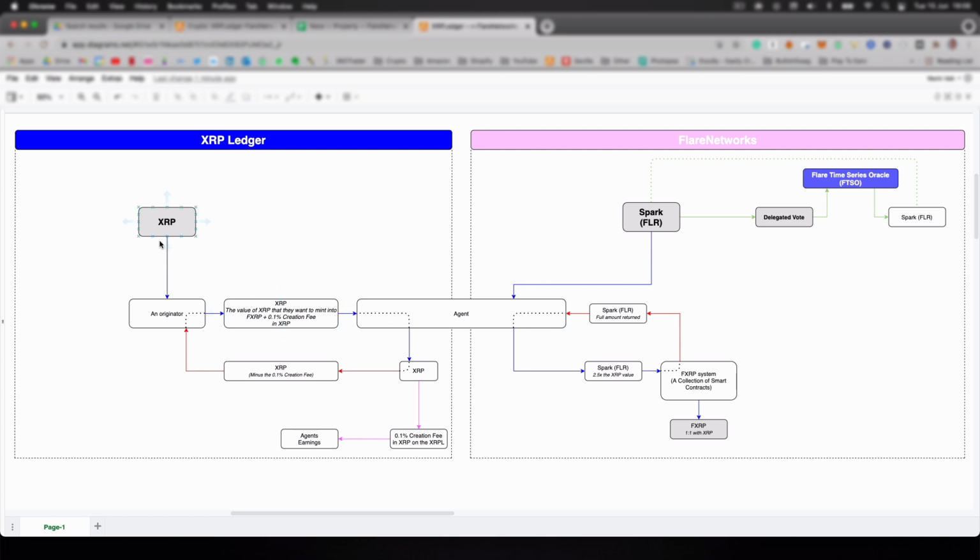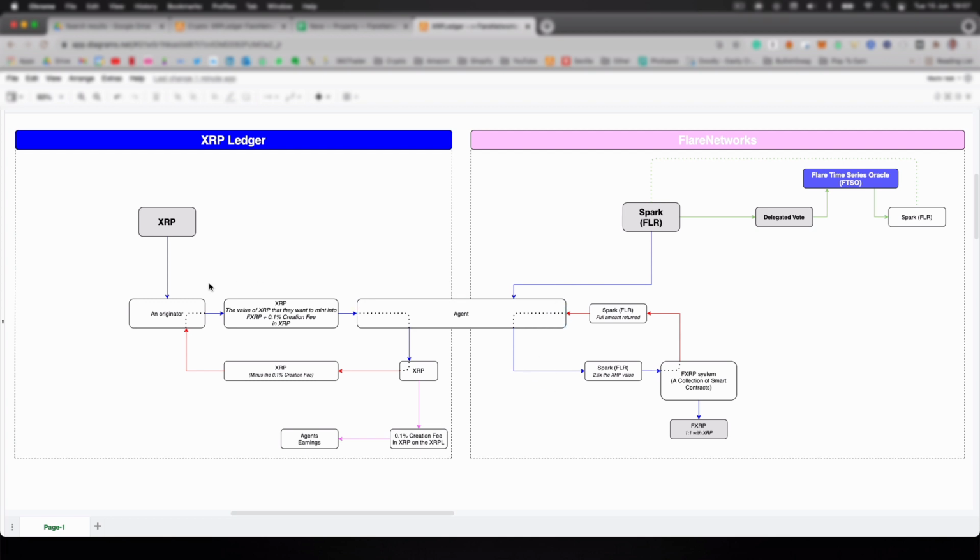So basically, when you're an originator, and you have XRP and you'd like to exchange that XRP for FXRP, all right, so Flare XRP, it's not that you just send XRP over, right? That's not what happens. What happens is basically your XRP gets locked up on the XRP ledger, and then FXRP gets created out of thin air on Flare networks.